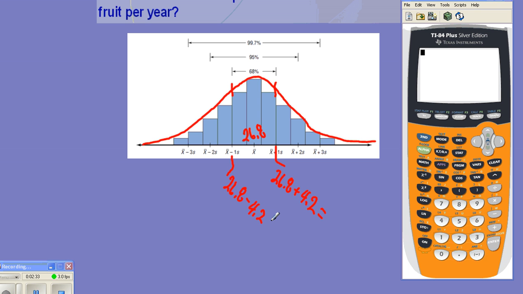So what happens here is that when I put those together, 26.8 plus 4.2, I get 31. And when I take 26.8 minus 4.2, I get 22.6. So what that means right this second is that 68% of the data in my set